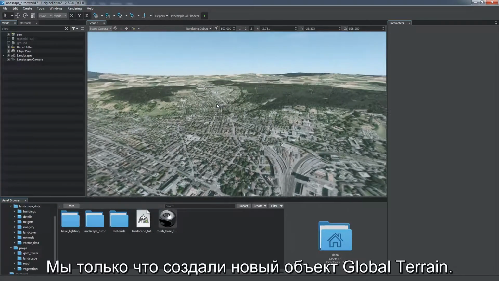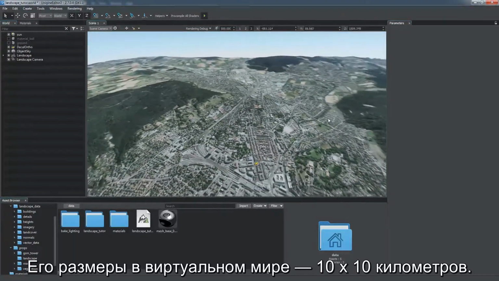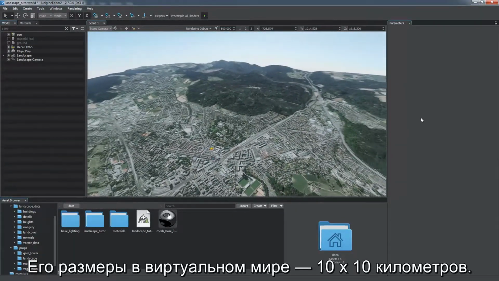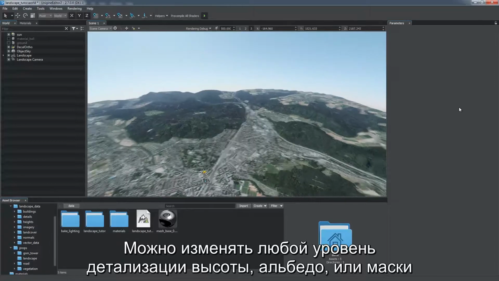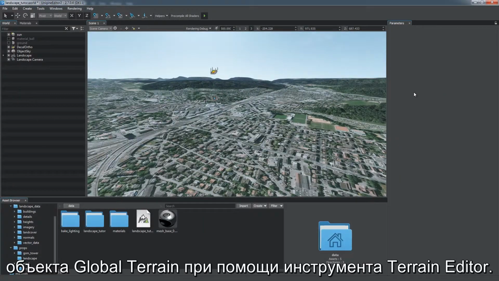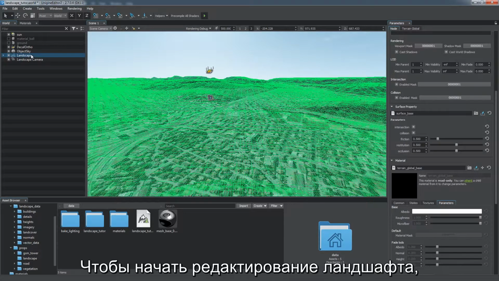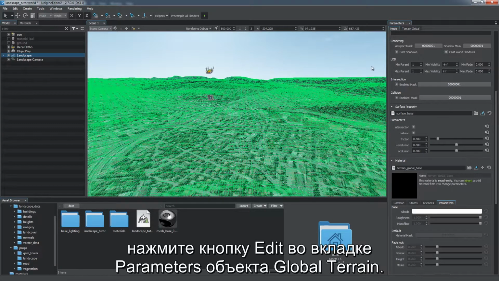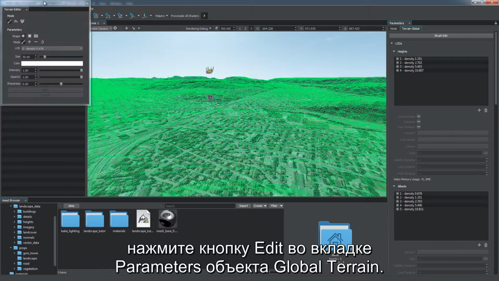A new global terrain has just been created. It has the size of 10 by 10 kilometers in the virtual world. You can edit any height, albedo, or mask LOD of the global terrain object using the Terrain Editor tool. To start editing the current terrain, click the Edit button at the top of the Terrain Global tab of the